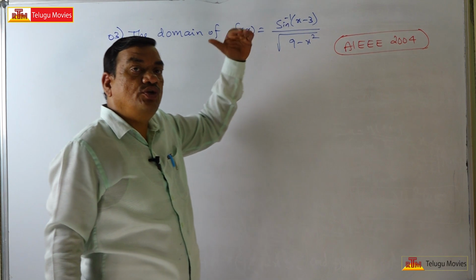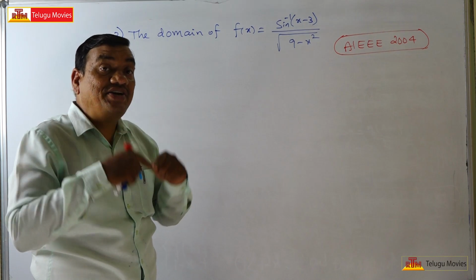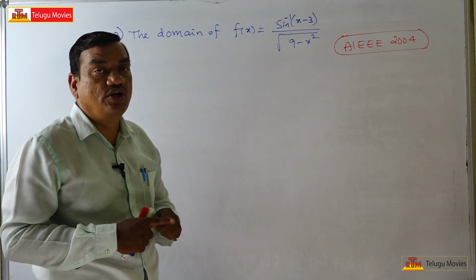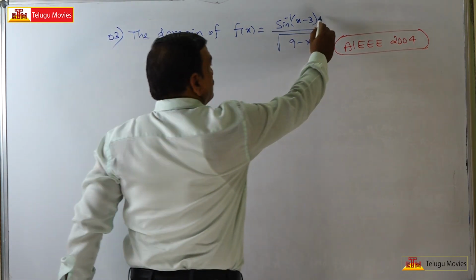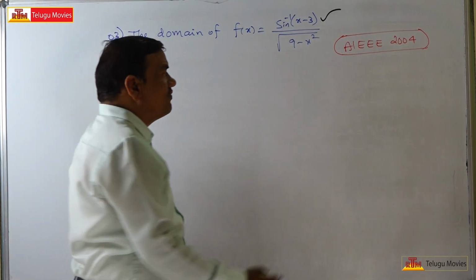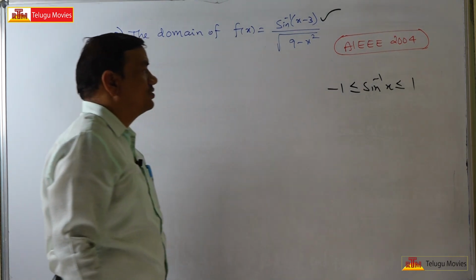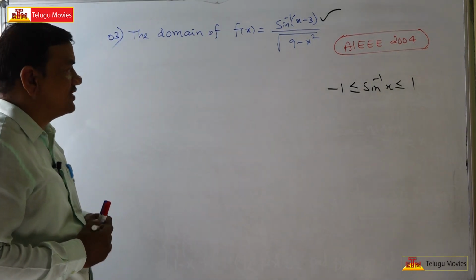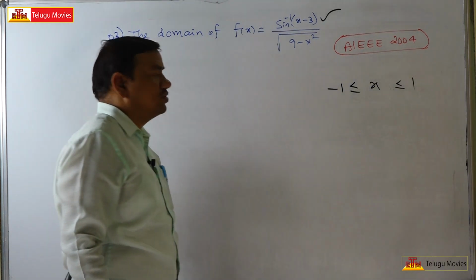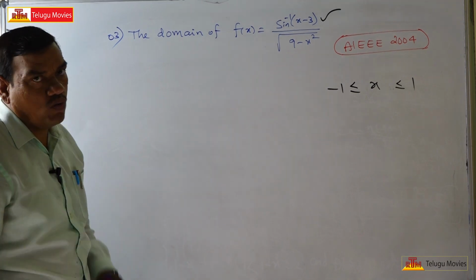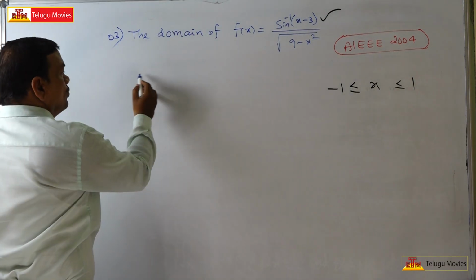For such type of functions, how to find out domain? Find the domain of the numerator and the domain of the denominator separately, and their intersection part will give the domain of the rational function. Now, what is the domain of sin inverse of x? If it is sin inverse of x, x lies between minus 1 to 1. So the domain of sin inverse of x is minus 1 to 1. Understand this. So here also x minus 3 should lie between